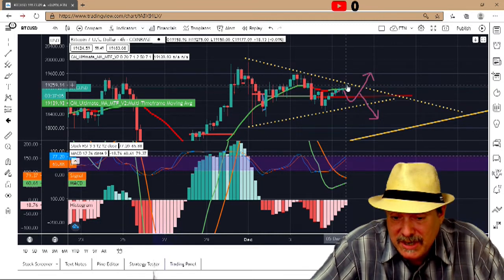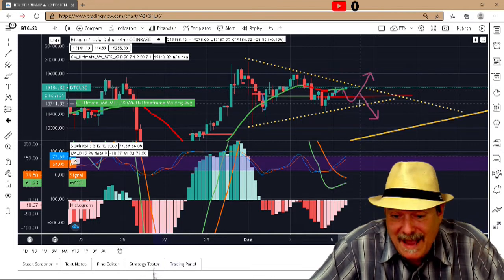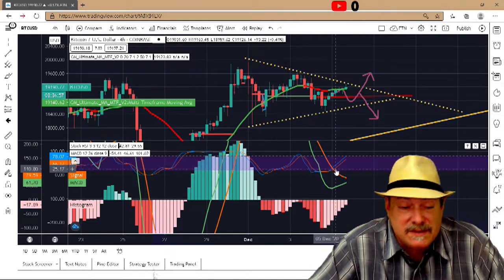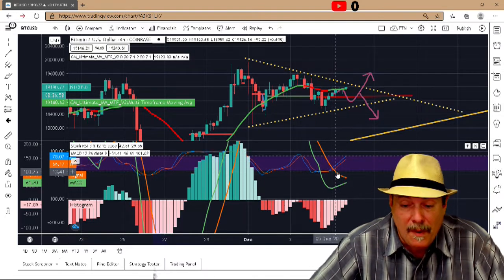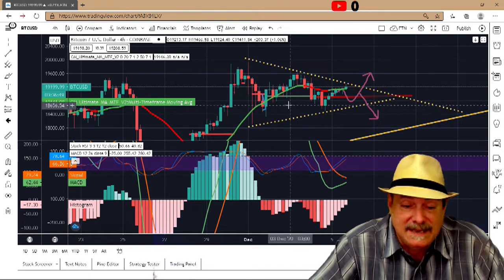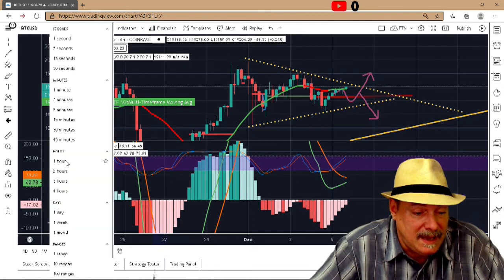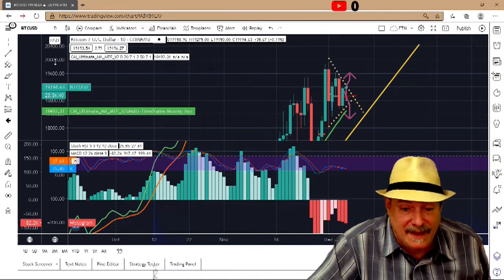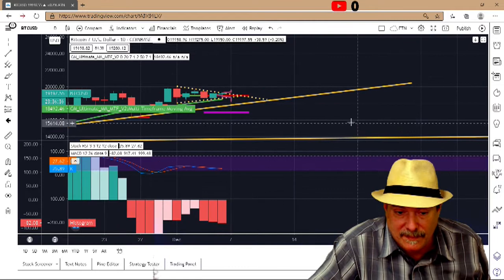If we do get a rejection from the pennant resistance, we'll get this bounce down. At that point, we'll have to take a look at the charts to see if we're in a negative flow or a positive type of flow. My concern is that we're really close to the daily average. If we take a look at the 1 day, and we'll modify this here so we can get a good feel of what I'm talking about,